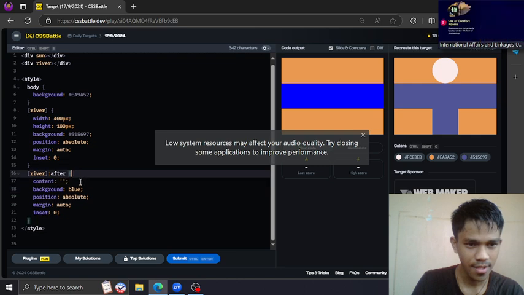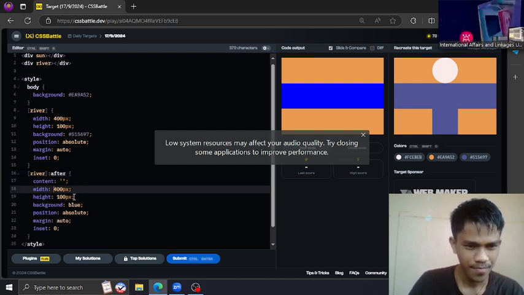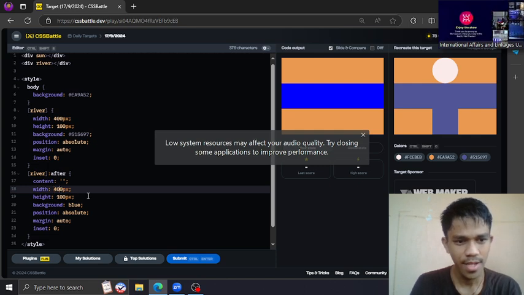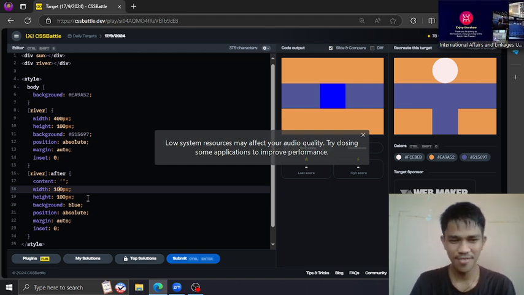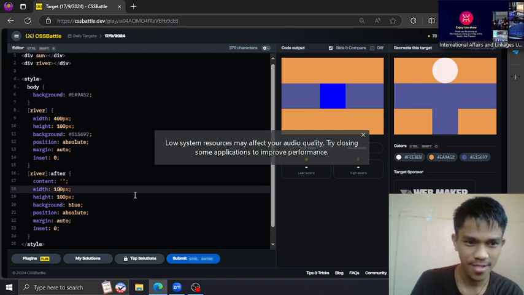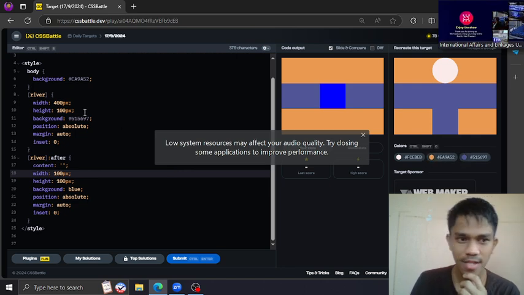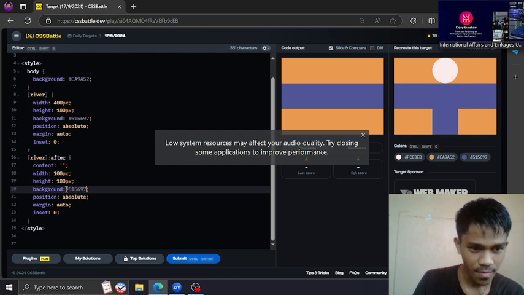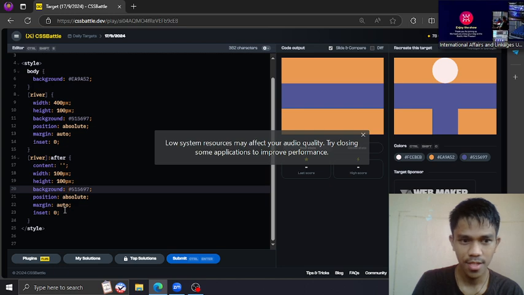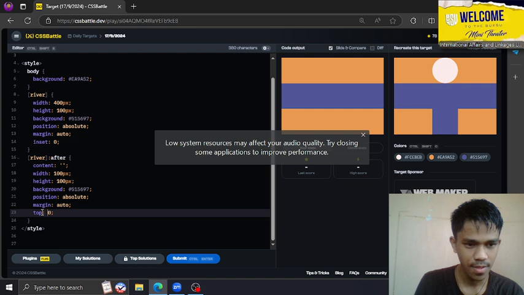After the content, the height. The width is the same as the height. Okay. I'm really relieved that this is working. The color is the same as the river color here on the top. And then push this to the bottom. So let's not use the inset, but top 50.